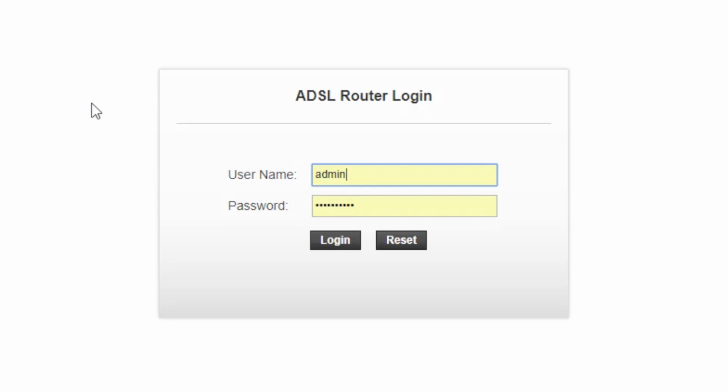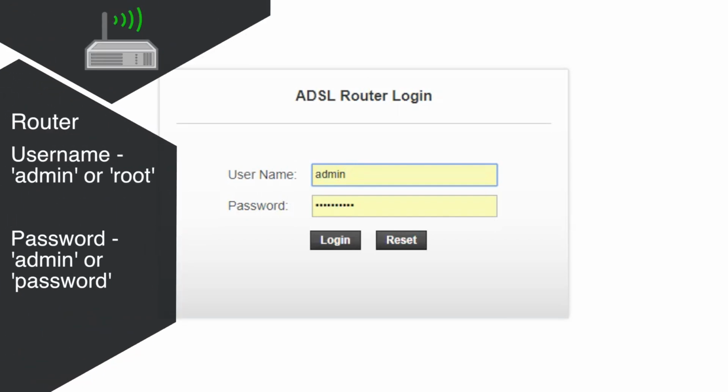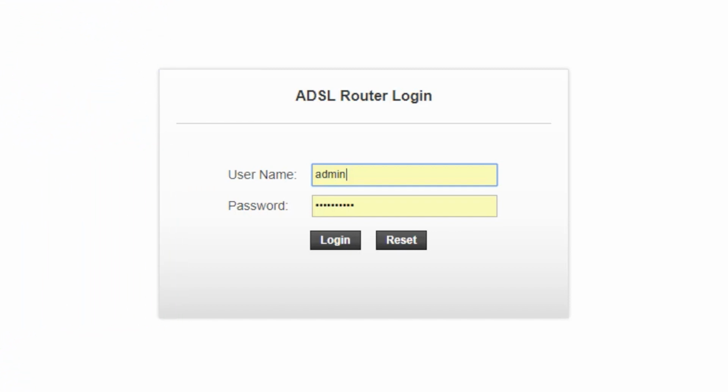Next, you need to key in the router's username and password. In general, most routers and modems are using admin or root for default username and password or admin as a default password. If this doesn't work, then again you can go to routerpassword.com or contact the guy who has set up your network. Chances are they have probably set up a custom password, which is a good security practice, but now you need to get in touch with them.